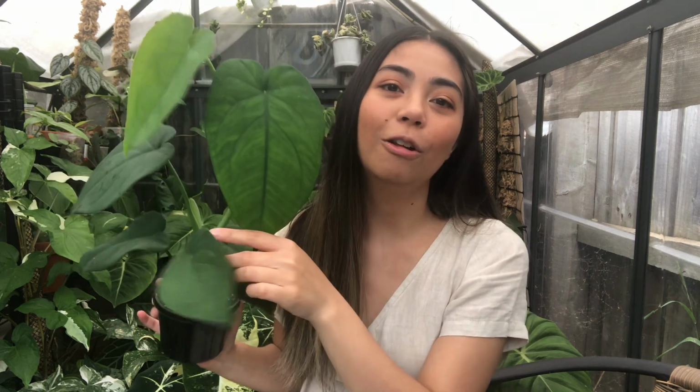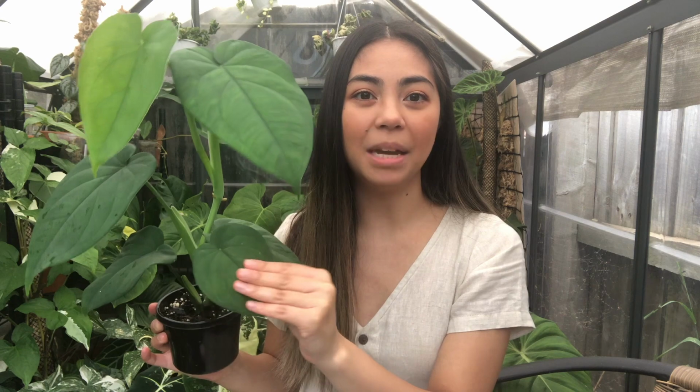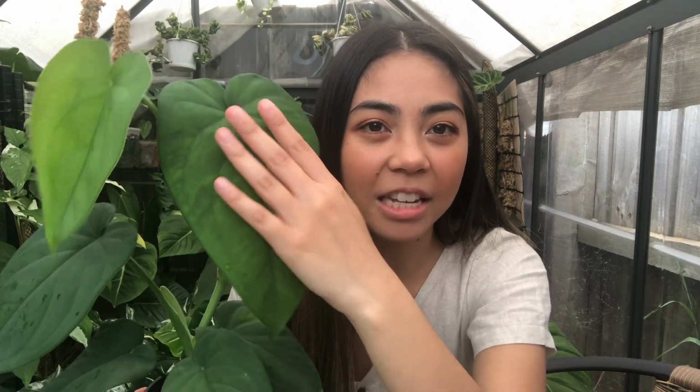And seriously, this plant, look at it. It is super duper thick leaved. It's matte to touch. And I really love the gradual growth of the leaves because they come out light green and then they get mottled, and so you can see this veining, light green, dark green, and then they end up getting super dark. So this guy